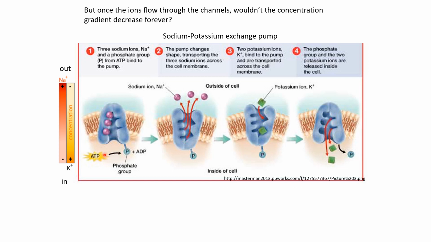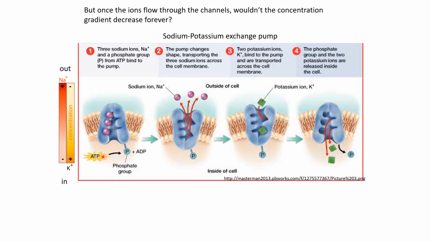So one difference between a pump and a channel is that the ion channel is moving the ions in the direction favored by the gradient. So sodium ions will move from outside to inside. And because that is already energetically favored, no extra energy needs to be spent to make that happen. But if we are moving sodium ions from inside to outside, we are moving these ions against their concentration gradient, and some energy would have to be spent in this process. And this energy comes in the form of ATP, which is the currency of energy in the cells.